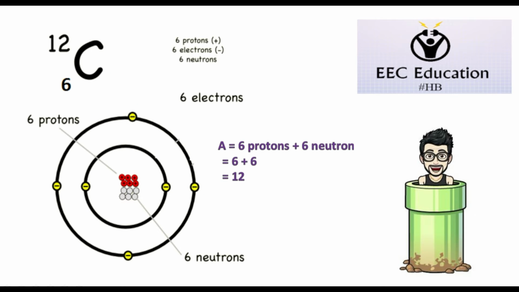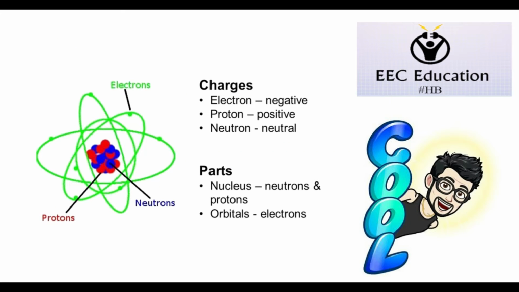For example, the atomic number of a carbon atom is 6 and the mass number is 12, which means that carbon has 6 protons having positive charge and 6 neutrons having no charge. Also, it has 6 negative electrons in the electronic cloud. So if we are going to talk about atom, we have to consider 2 points. First, the atom parts, which are the nucleus and the electron cloud, or the orbits formed by electrons moving around the nucleus. The second part is charge, which is the introductory point to electric charge.